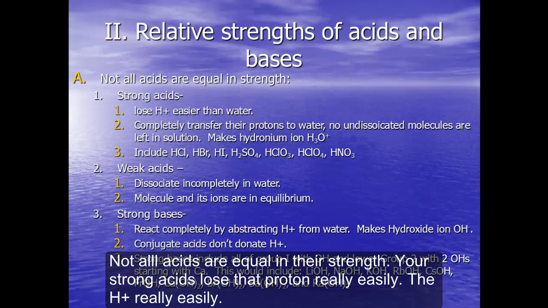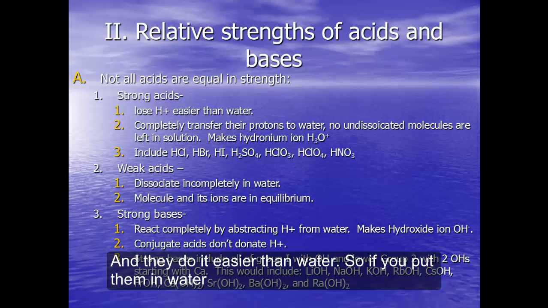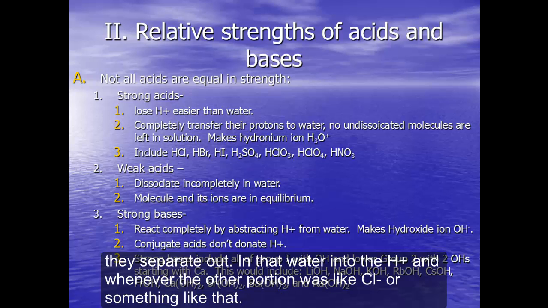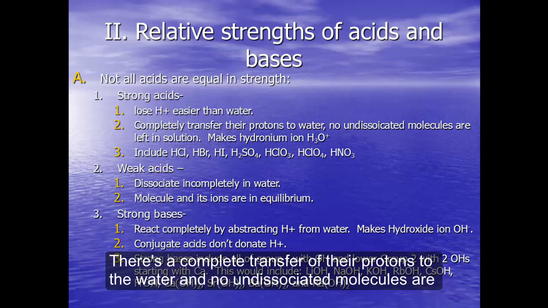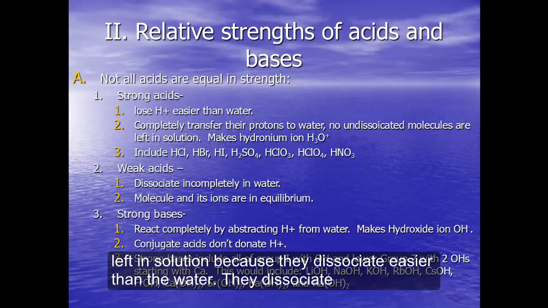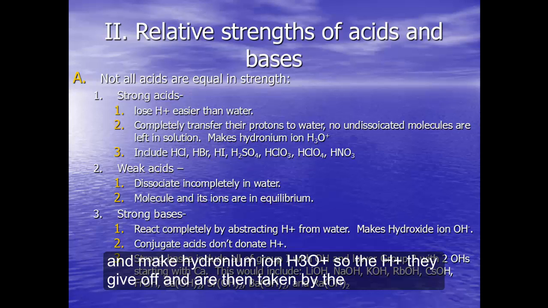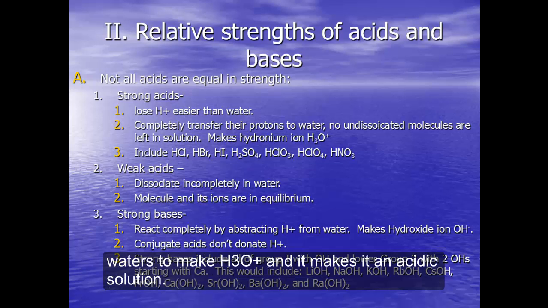Not all acids are equal in their strength. Your strong acids lose that proton, the H+, really easily. And they do it easier than water. So if you put them in water, they separate out into the H+ and whatever the other portion was, like Cl- or something like that. There's a complete transfer of their protons to the water, and no undissociated molecules are left in solution because they dissociate easier than the water. They dissociate and make hydronium ion, H3O+. So the H+ they give off are then taken by the waters to make H3O+, and it makes it